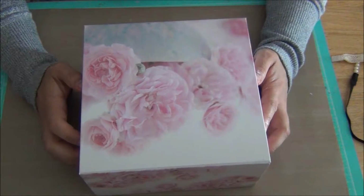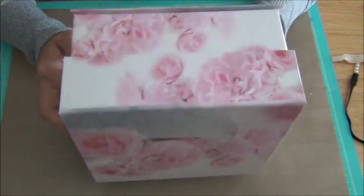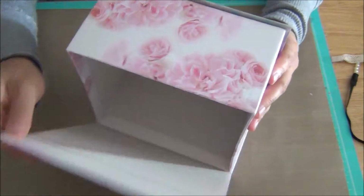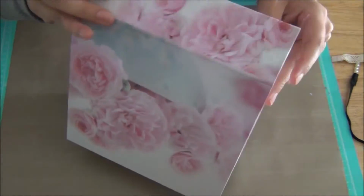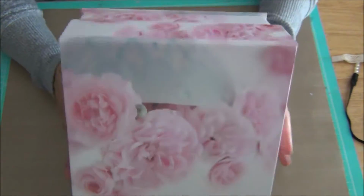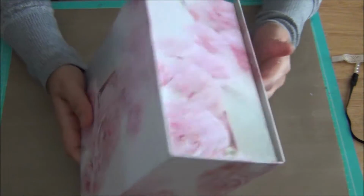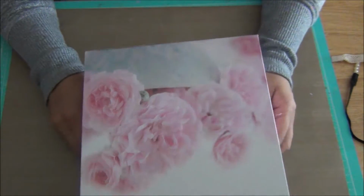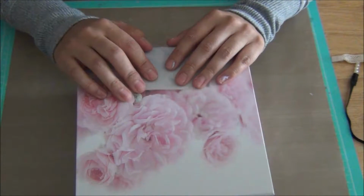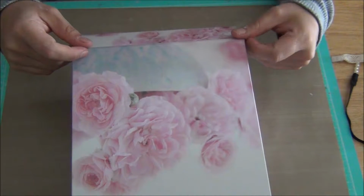Today I'm going to be showing you how to take this adorable storage box that I got from Michael's and just give it a little extra decoration to make it pop even more. The colors are already beautiful. It's like a shabby chic colors and theme. So I'm just going to do easy decoration on the top of the box so that